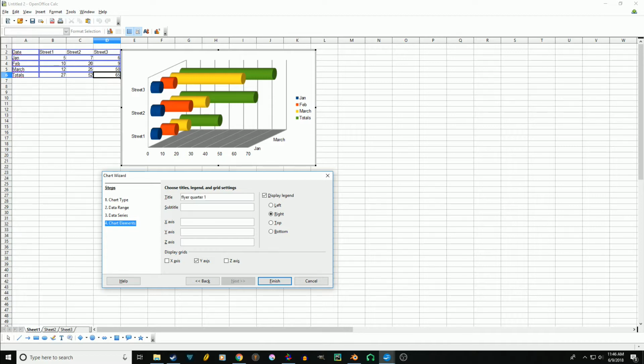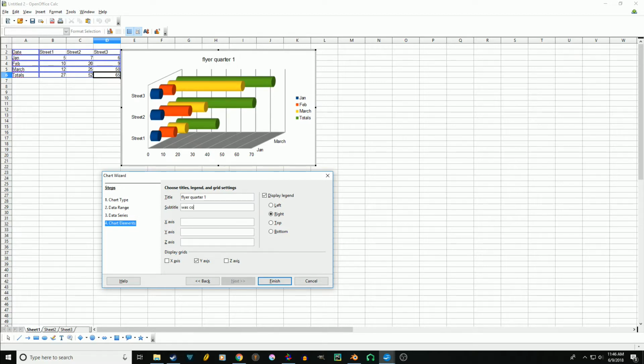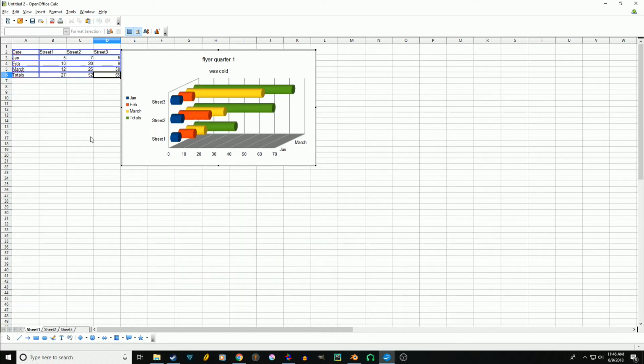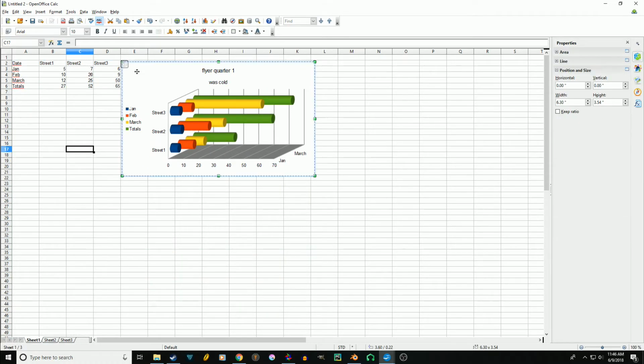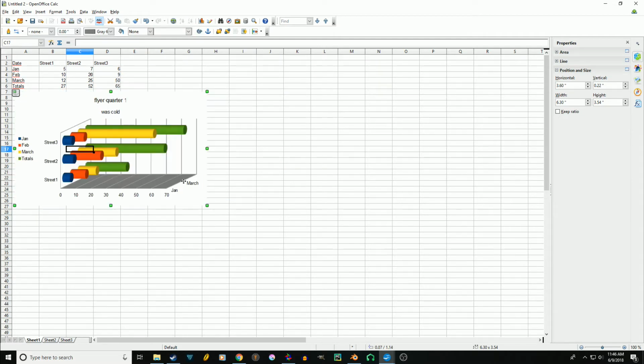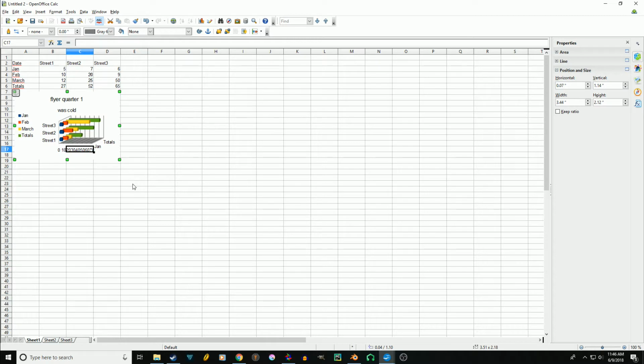All right, then you go down to chart elements. Flyer quarter one. Add your subtitle. Put these wherever you want. Finish. Click anywhere that way you can start selecting it, and then move it around here and click and drag one of these buttons. There you go. Quick little chart. You can do that with anything. How many yards of yarn you've done to make your Dawn of the Geek,